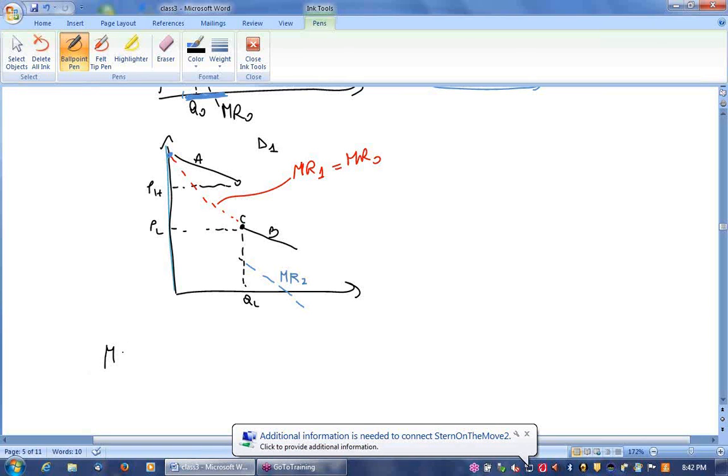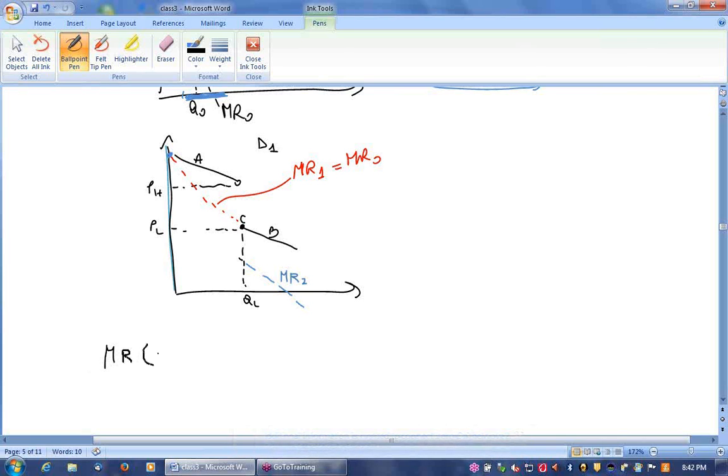Marginal revenue is equal to the difference. So for selling unit Q, guys, I'm not stupid, but I have to write with the mouse, okay? So marginal revenue for selling unit Q